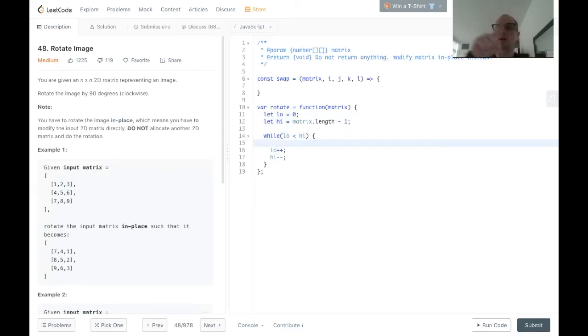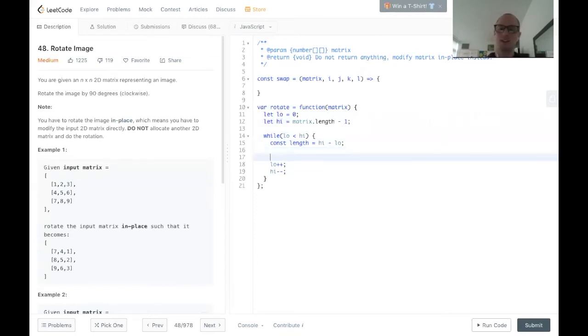Because as we're iterating through those rings, we need to know what is the width of this ring, like how far across the ring do I need to go? What are the dimensions of this ring? So we'll create a length variable to be the length or the dimensions of our ring, and that's just going to be high minus low. So that's going to give us the dimensions of our ring, which will be very helpful to us in actually